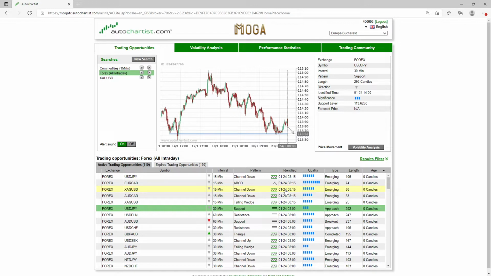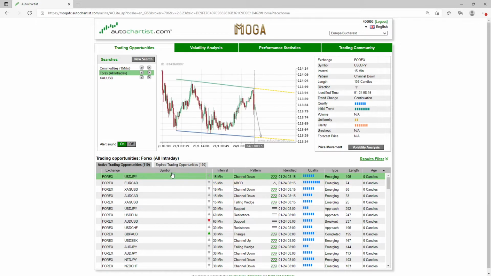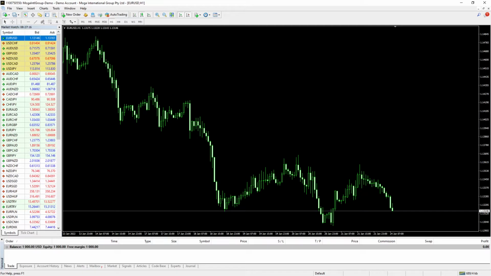Just for the sake of making the video a little bit shorter, we'll imagine that we did our own strategy, and let's just take this USD/JPY, right? So let's say we did our own strategy and it's actually being matched. Let's say we have an engulfing here at the top. It's a little bit small, but let me show on the